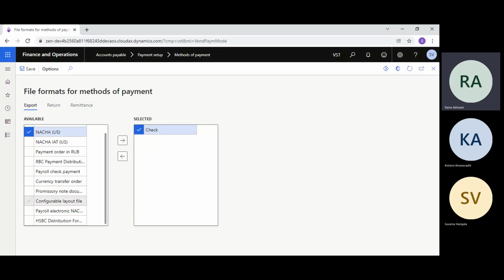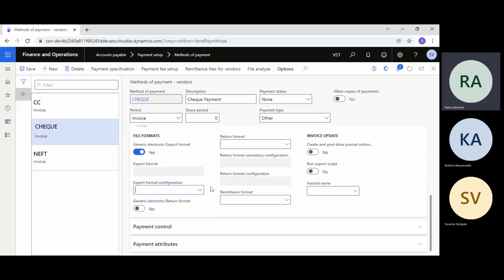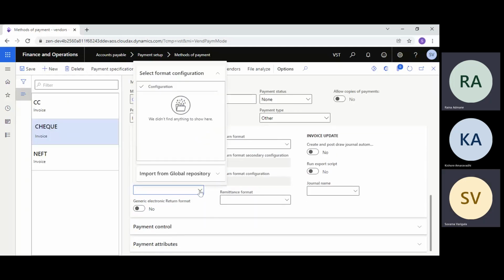Configurable layout file is there, right? Yeah. Okay, we will try with this first check, and if it won't work, we need to select the configurable layout, I think, which is actually the relevant one. Okay. So now the file format, you can close this, and now you drop down and select the